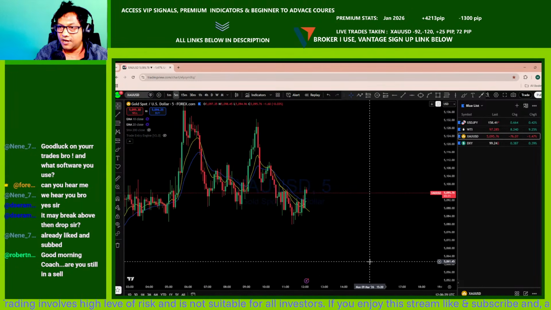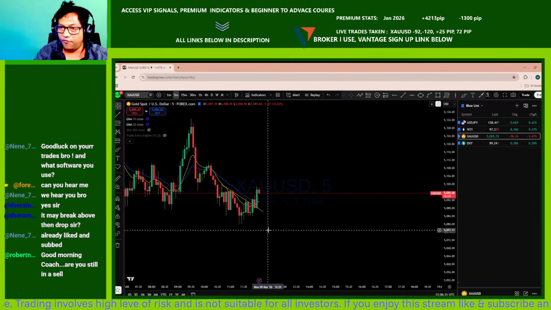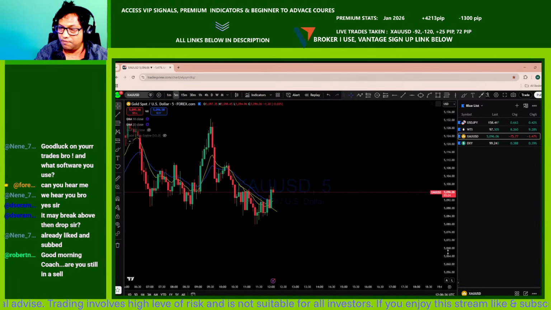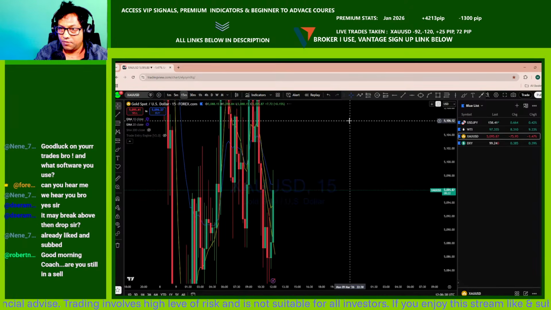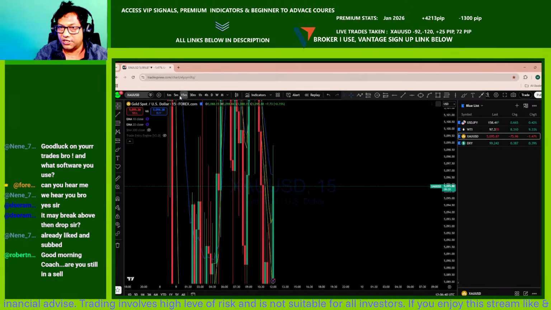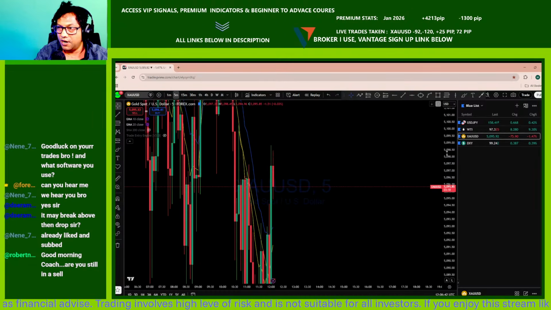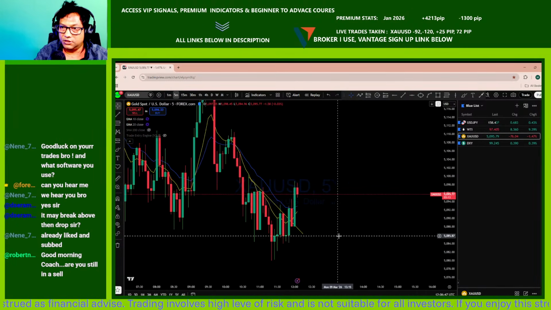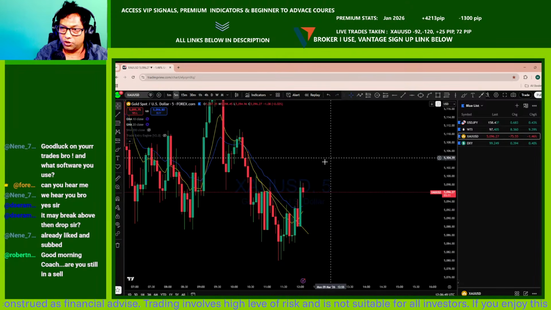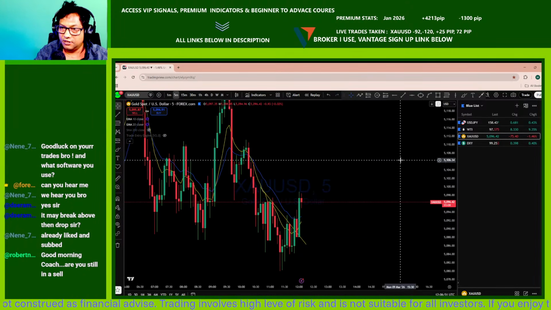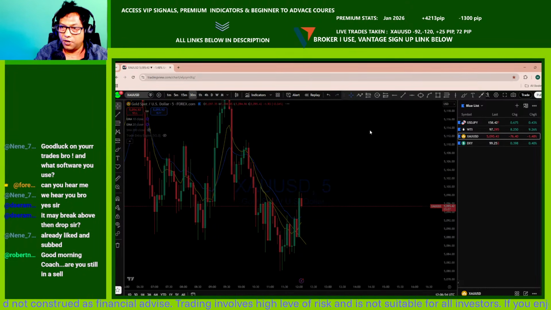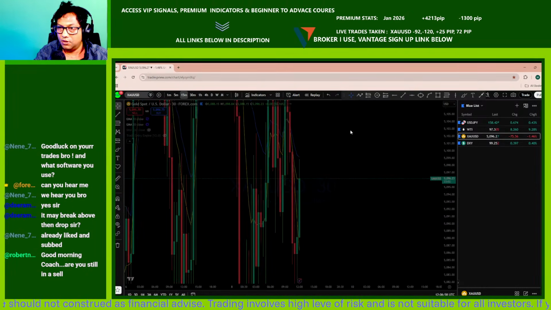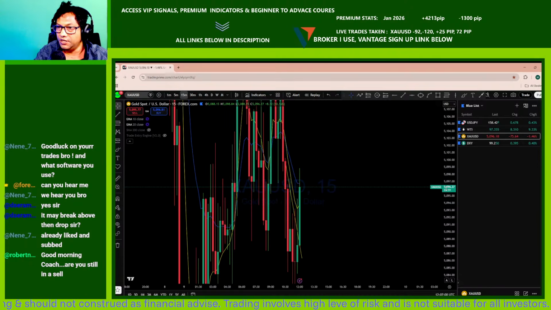Here, if you look at this support level, the market had a rejection back above here in that area that you can see. Now with this rejection of this support level, it's creating multiple false breakouts. Now to see if it is going for a deeper pullback, or we could see it coming down. Now this is the 15 minutes.